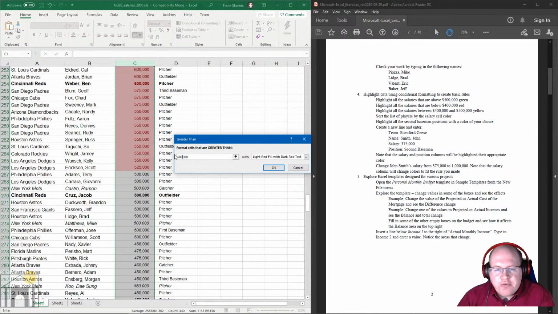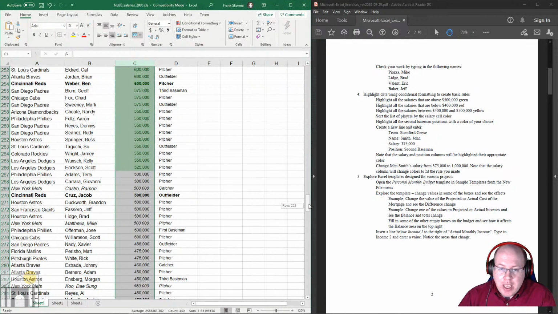Okay, so you can put in the number 500,000, and then right over here, I can tell it what to do. Remember, think about this like a sentence: format cells that are greater than 500,000 with, and you can actually tell it what to fill it with. In this case, we're going to choose one of the presets here, which is green fill with dark green text. And I'm going to hit OK. And now you can see,